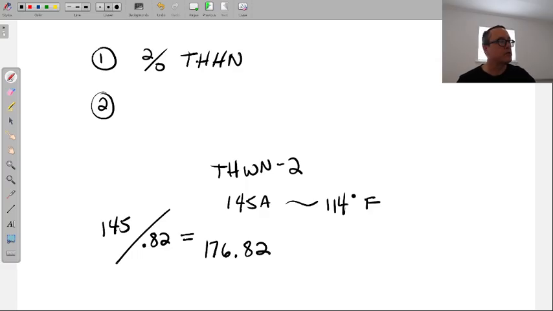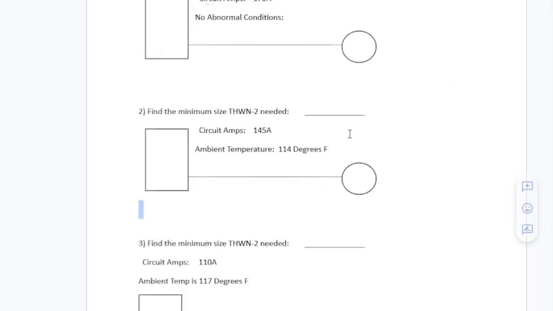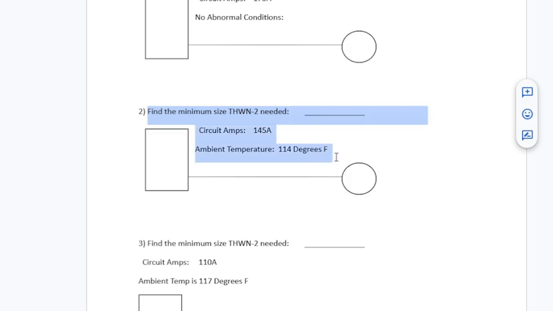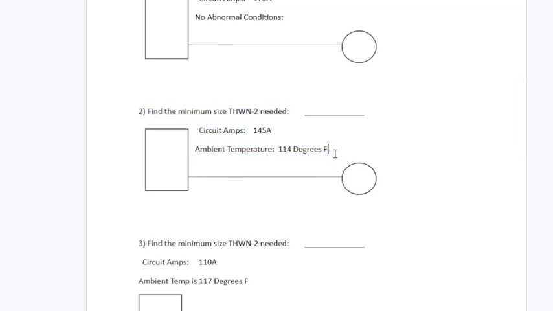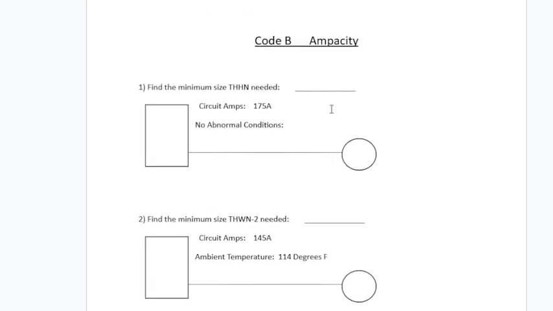So let's look at that question one more time here. Again, we were finding the smallest conductor that can manage this amperage, 145. The conductor finds itself in an abnormal condition of way too hot. So the answer, and I guess I can type the answers here for sure just to have them. 2-aught THHN. And just so once I close this and you return to this in the classroom, you'll just see the answers.